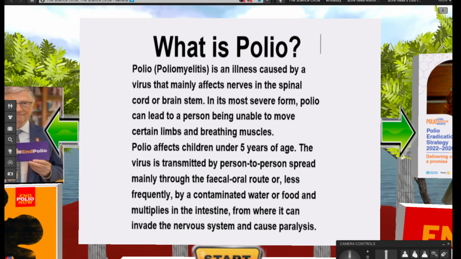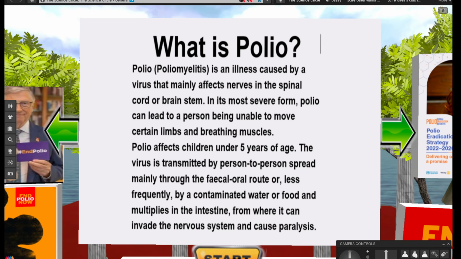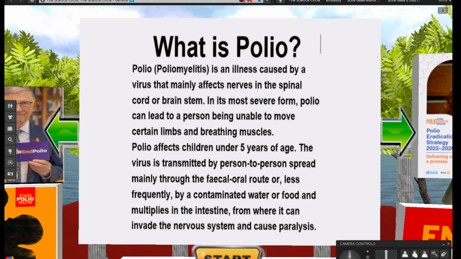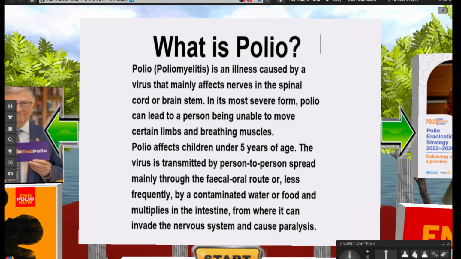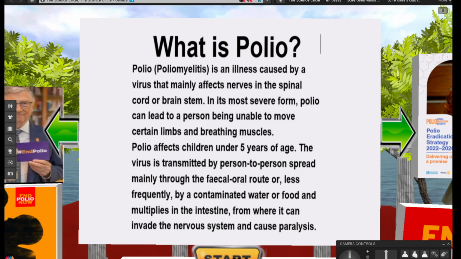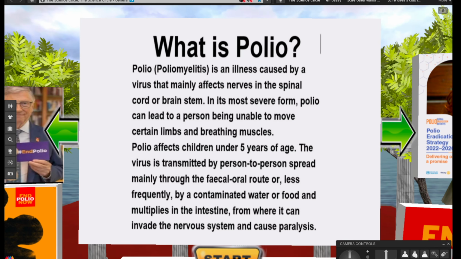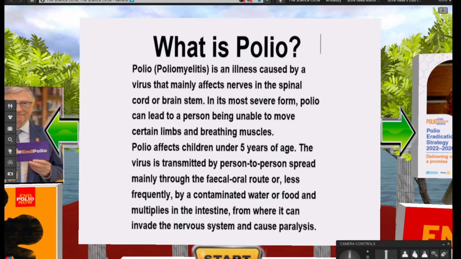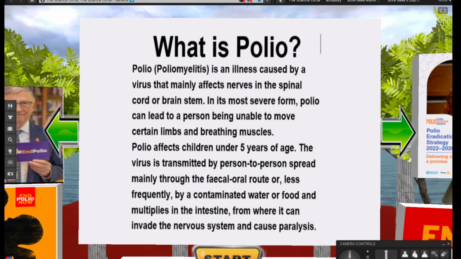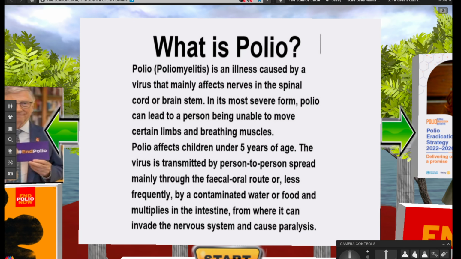Poliovirus infection is, in fact, silent in the majority of cases. Most individuals who contract the virus show no symptoms at all. However, about 25% develop a mild to moderate illness characterized by headache, fever, sore throat, vomiting, diarrhea, and general fatigue. Only a small proportion of infections progress to involve the central nervous system.